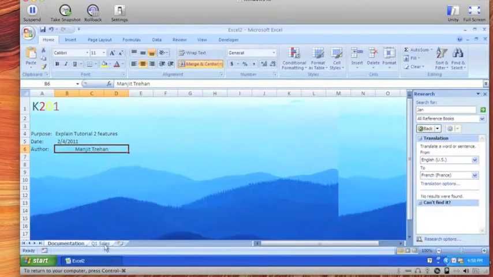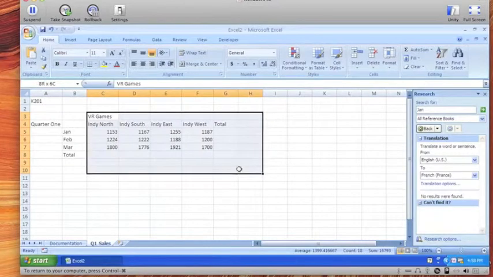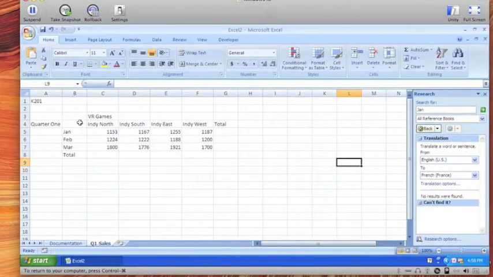Let's go to our quarterly sales. And first we'll see how we can select a non-adjacent range. A non-adjacent range means selecting groups of cells in different parts of the worksheet that may be of different size. Normally when you select a rectangular area, but you cannot always select a rectangular area,